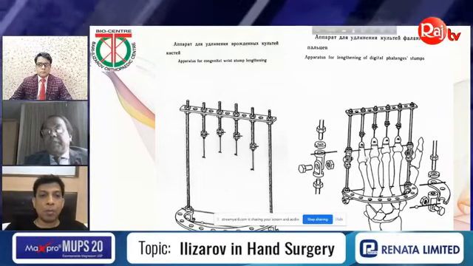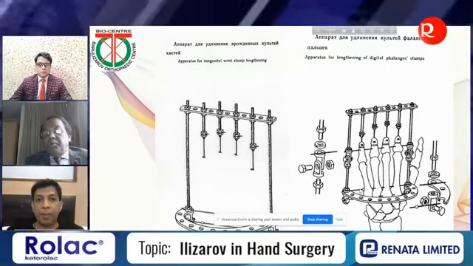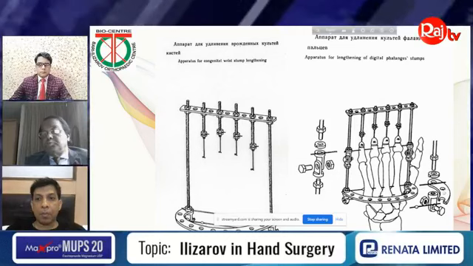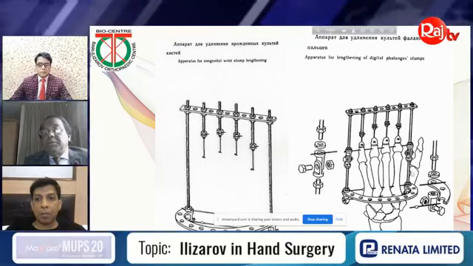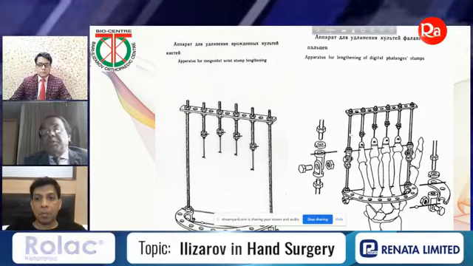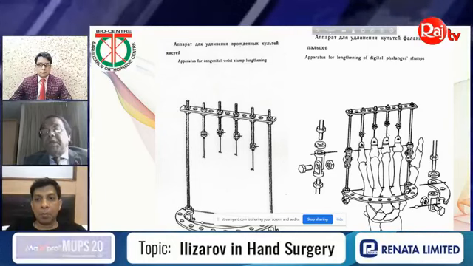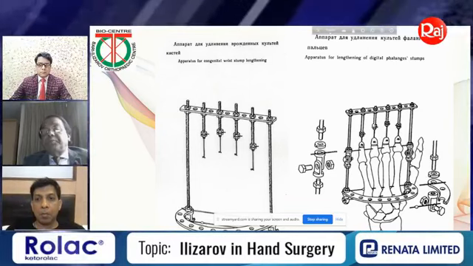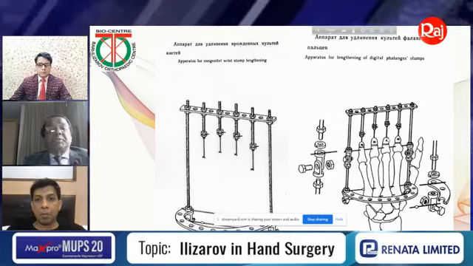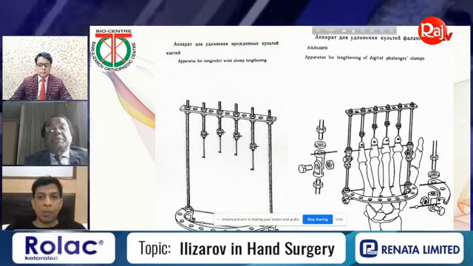If you want to go for lengthening, this is also not so difficult. Put one olive wire here. This is the bow, small bow, and then you fix this one with this, and long plate, small, you can see, even to go for lengthening, see the small wires, and you are pulling from this side, you can go for lengthening of the phalanges stumps. Now, this is for congenital anomaly, wrist lengthening.